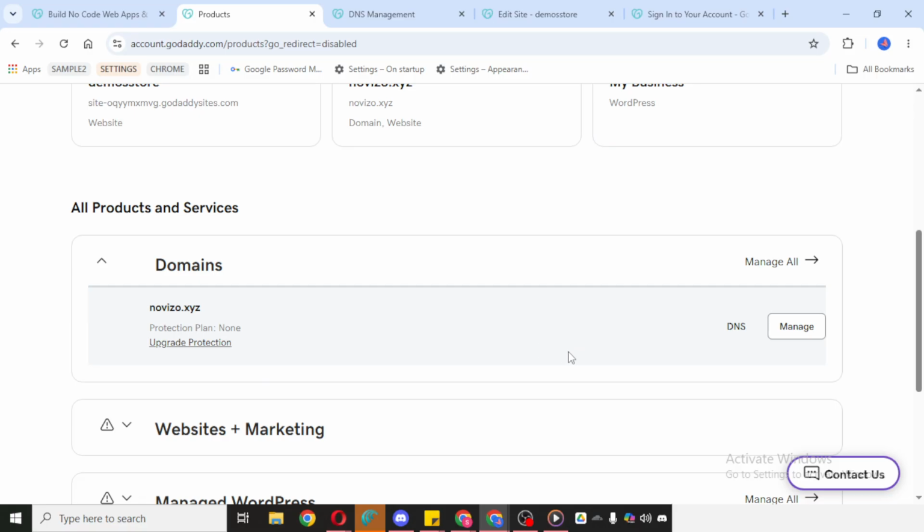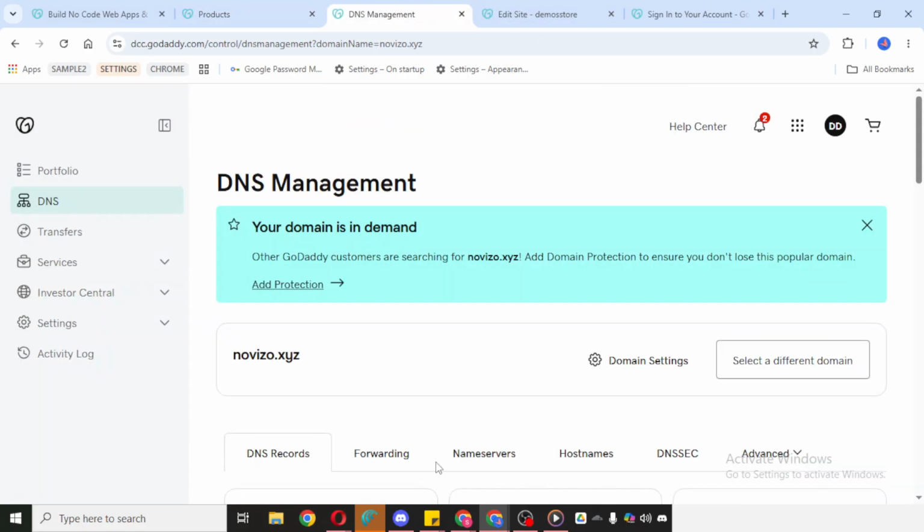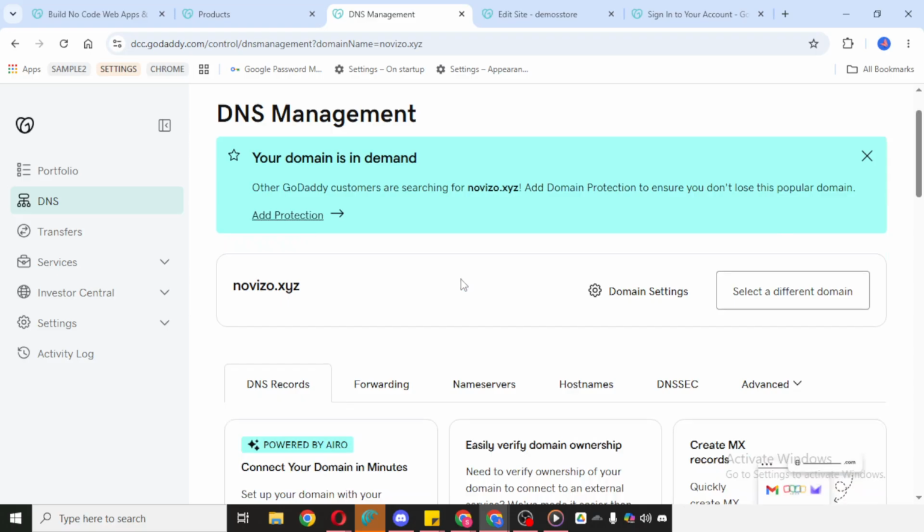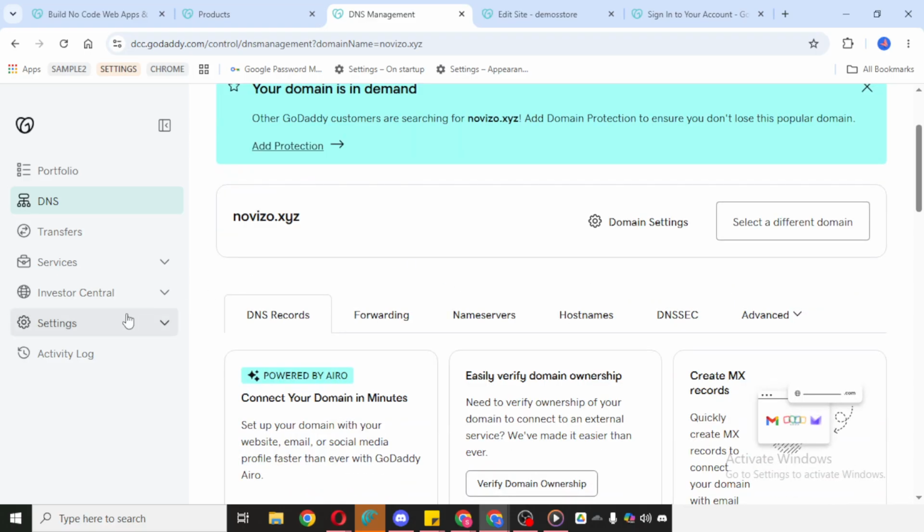If you have several domains, take a moment to choose the correct one, since delegate access should be set up carefully to avoid granting access to the wrong asset. Next, click on DNS. This will take you to the DNS management area for the selected domain. From there, go to Settings. The Settings section contains additional management options related to the domain, including permissions and account access features that aren't always visible on the main page.